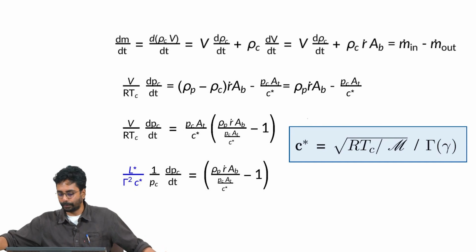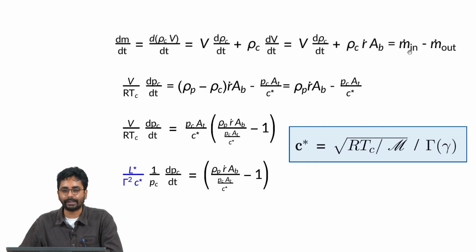Okay. So, the mass coming in is dependent on the rate of burning of the propellant. As expected, it is rho p r dot into burning surface area. This is because the propellant burns normal to the surface, along the direction of the local normal, and the m dot out we just saw is Pc At by C star, where C star is a fundamental property of the propellant combination, which is equal to the square root of R T c by molecular weight. Here R is indeed the universal gas constant, the subscript U is missing, which is 8.314 joules per mole Kelvin, because the molecular weight explicitly appears in the denominator.